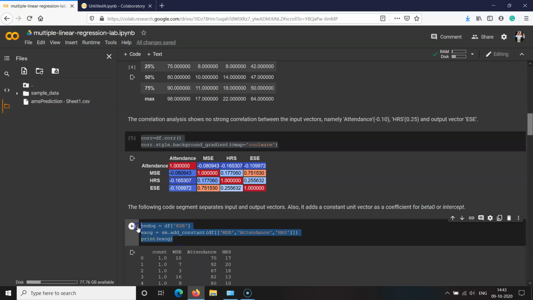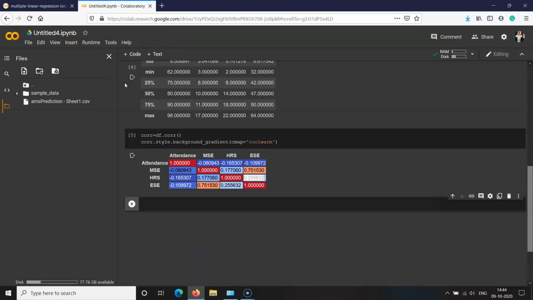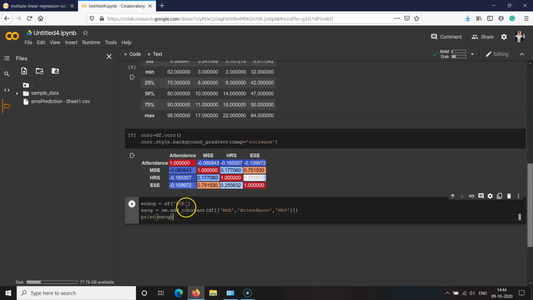deleting those features. Now the next step is to separate the input vectors from the output vectors, and here our output vector is the end semester examination marks. Here I have separated out the output vector from the data frame, and I have labeled it as the end semester marks. Similarly, I have separated the input features from the data frame: mid semester examination, attendance, and hours, and